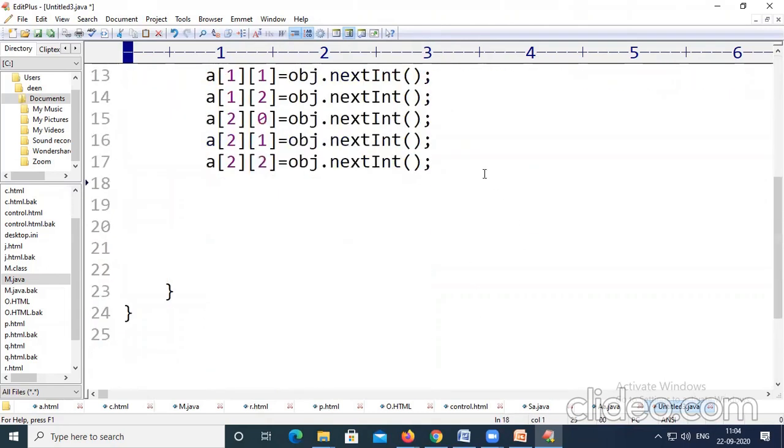Now I want to print the values which have been entered in this array.